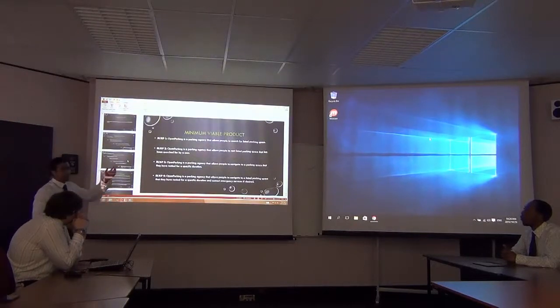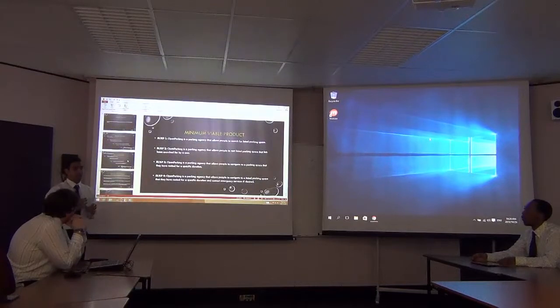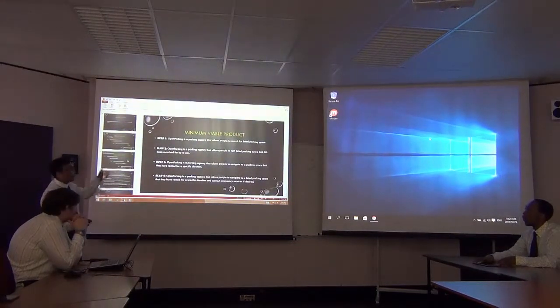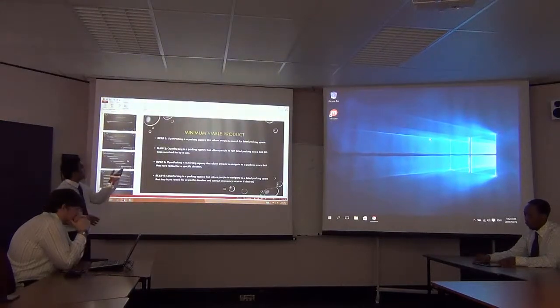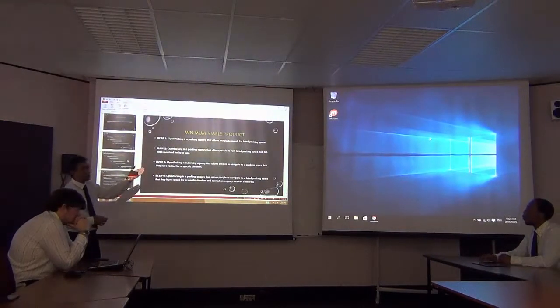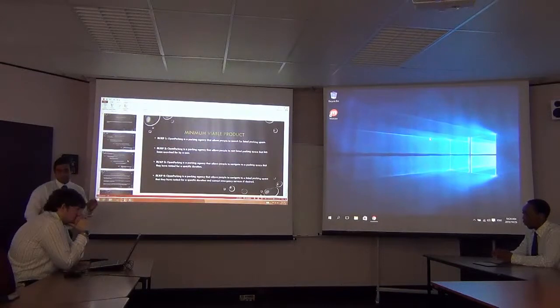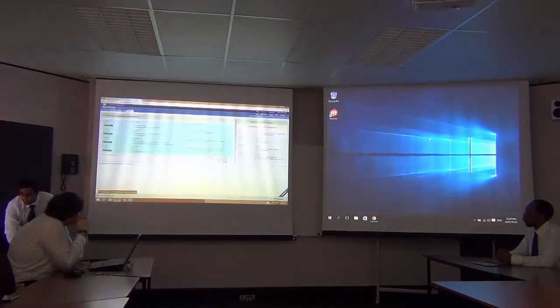So we have these MVPs, which are the minimum viable products, right? These are the ones we determined before we actually did the sprints. This is what we expected to do for each sprint. So MVP 1 was what we're going to do for the first sprint. So here we focused on people being able to search and list the parking space. And then thereafter we created the sprints based on the MVPs that we created.